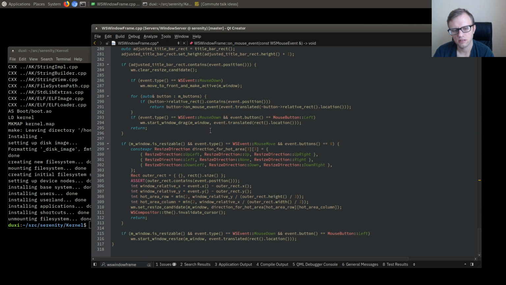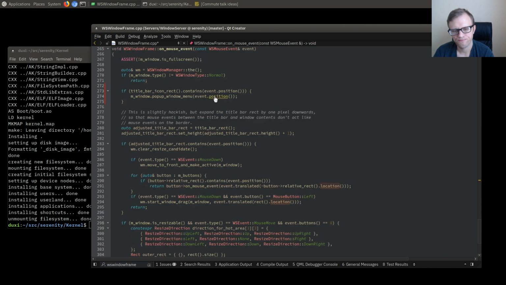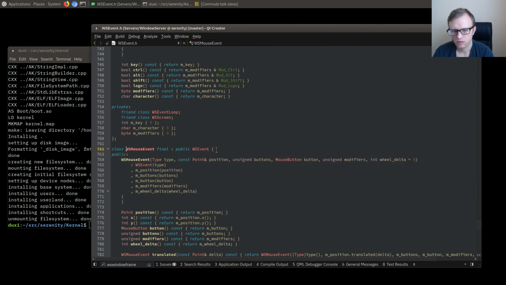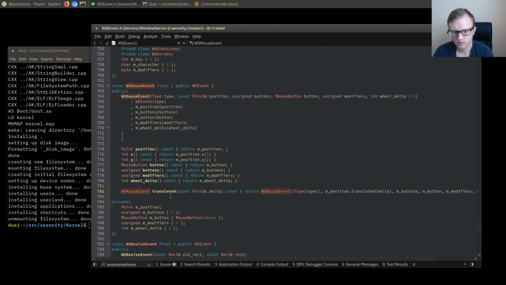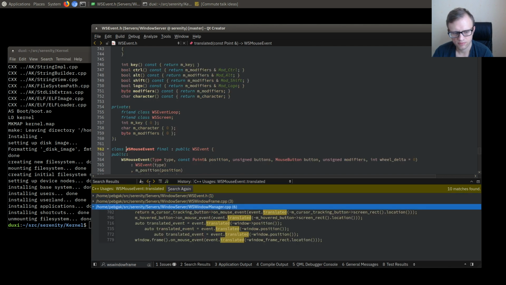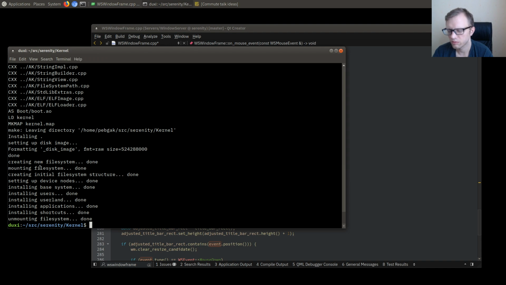Can you get the screen relative position somehow? Translated. Okay, well, we'll figure that out momentarily, but